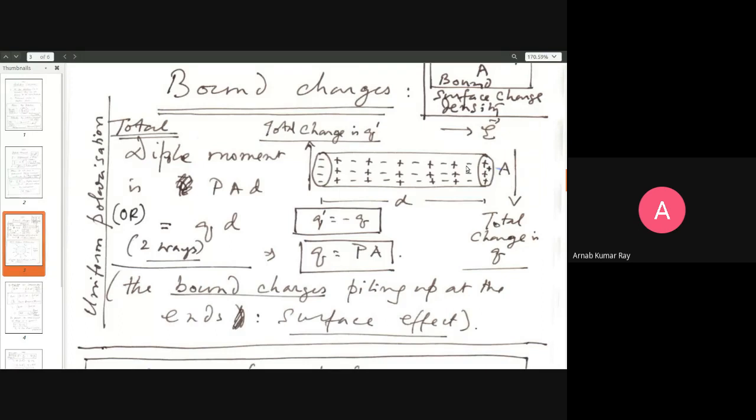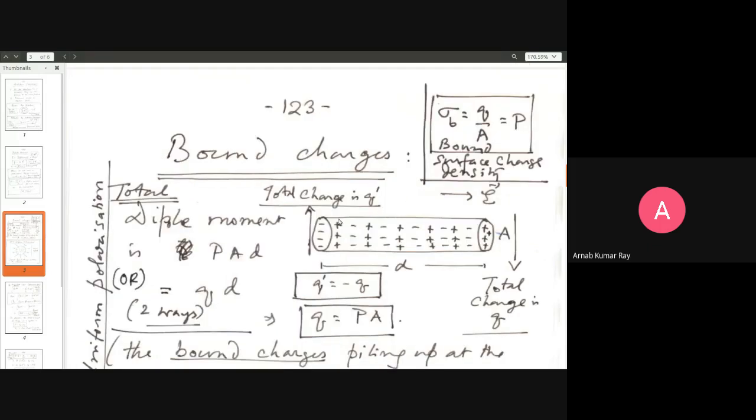A dielectric material is an insulating material. Okay, let us now see. So here's the diagram. Let us try to follow the diagram here. Here's a rod. For simplicity, I've drawn it like a cylinder, and it is full of bound charges. There are no free charges in this rod. And there's an external electric field E here. There's an external electric field that is coming from the left going to the right.